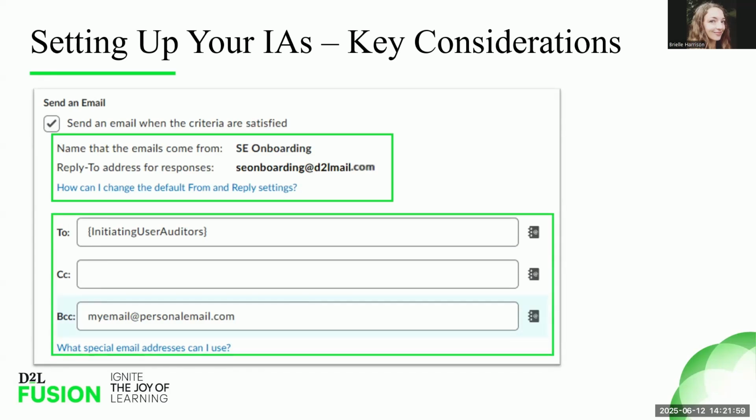I like to use special email addresses in my IAs. While many of my emails go to the initiating user, in this case, I actually want my email to go to their auditor, which is a custom role in Brightspace we use to represent a course mentor. This means that while the learner is the person fulfilling the criteria of submitting a discussion post and not having an associated grade on it, their auditor or mentor or grader will receive the actual email action prompting them to go in and review the